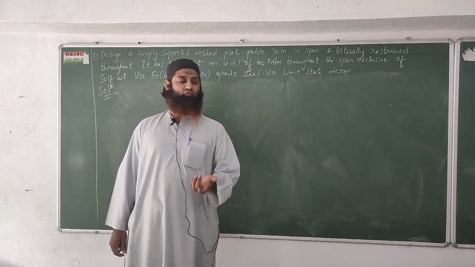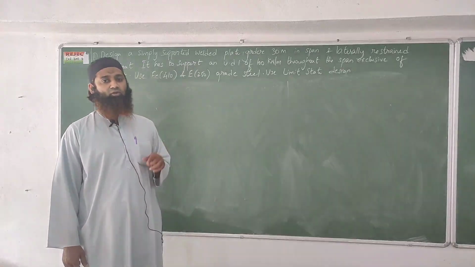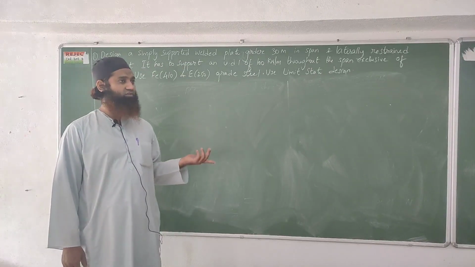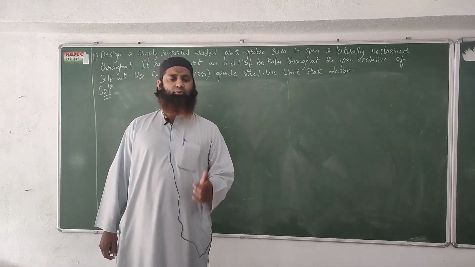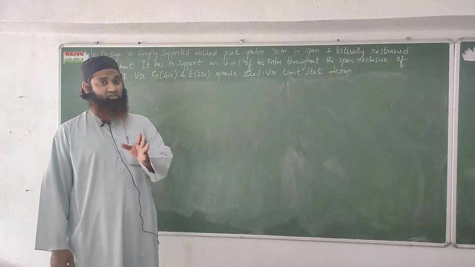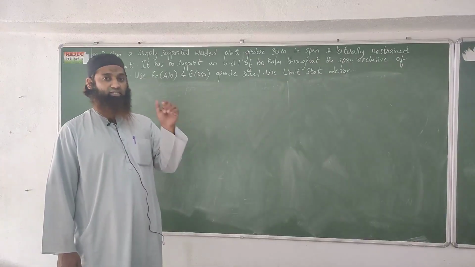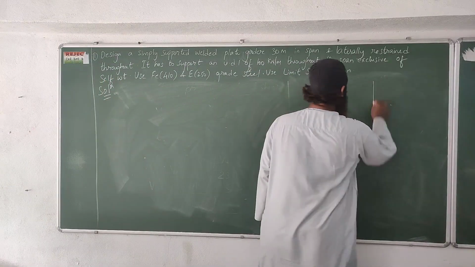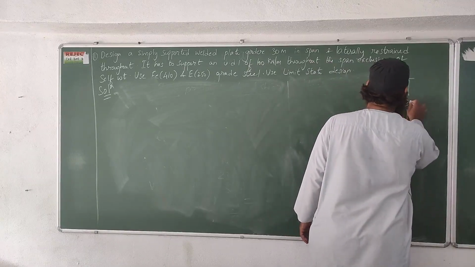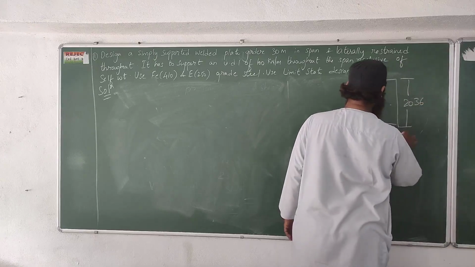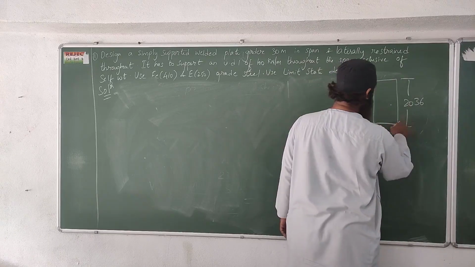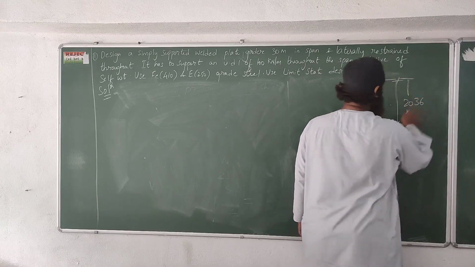Thickness of the web, TW, is equal to MU by Fy into K square to the power of 0.33. We got the thickness of the web, and somewhere we got it as 16 mm. So there we had designed or got the size of the web also, 2036 by 16. This is the size of the web: 2036, and this was 16 mm. This part is the thickness, and this is the depth. So we had got this.